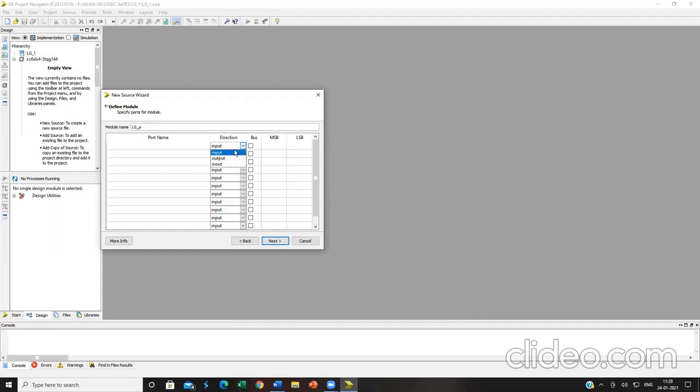Next, here I'm going to select a port name. The name of the port is A and I want to keep it as an input. The remaining things, bus, MSB, LSB and all, we'll teach once we go into a program. Next one, B. I want to make this also an input, because for a 2 input AND gate, A and B are the inputs. C is my output. Here I am mentioning the name of the port, and here I have to select whether it must be an input or output port. A and B must be inputs and C must be my output port. Kindly select it as output.